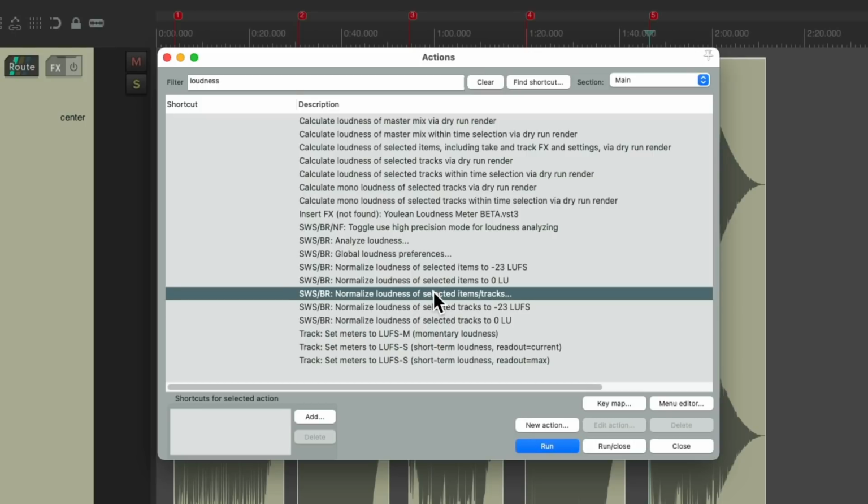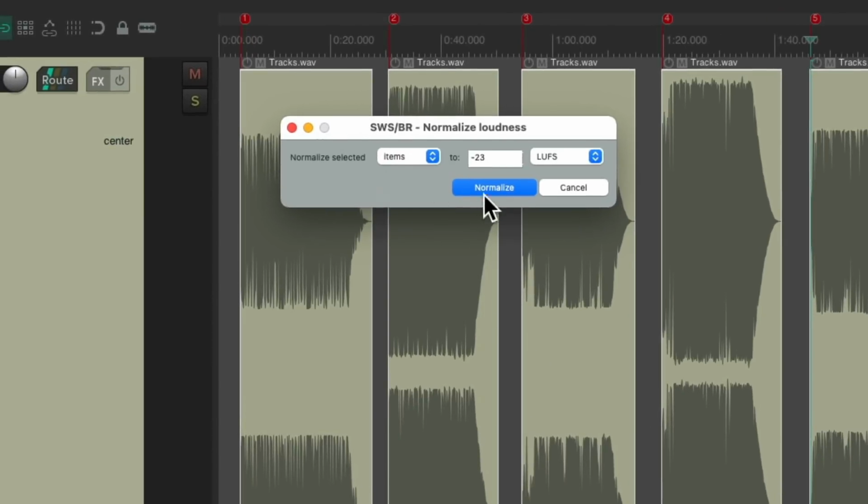Let's double click it, and that opens up this dialog, where we can normalize our items based on LUFS instead. And we could set this to whatever target value we want. I'm going to use -14 because that's the LUFS level that Spotify uses. And now, if we normalize it,